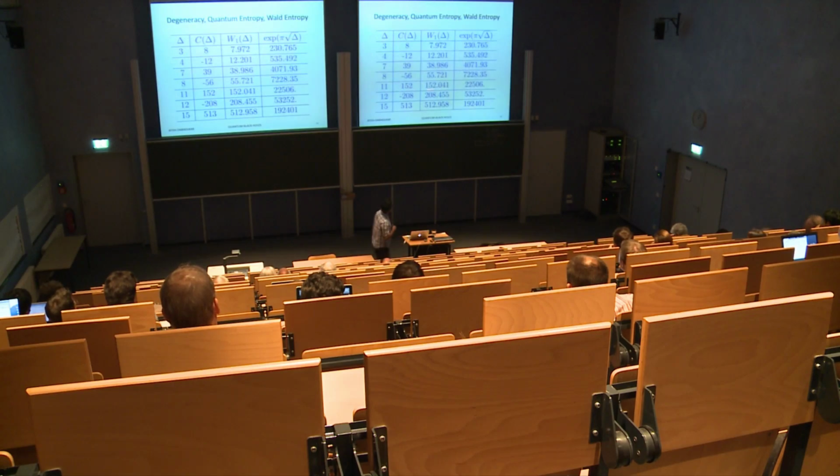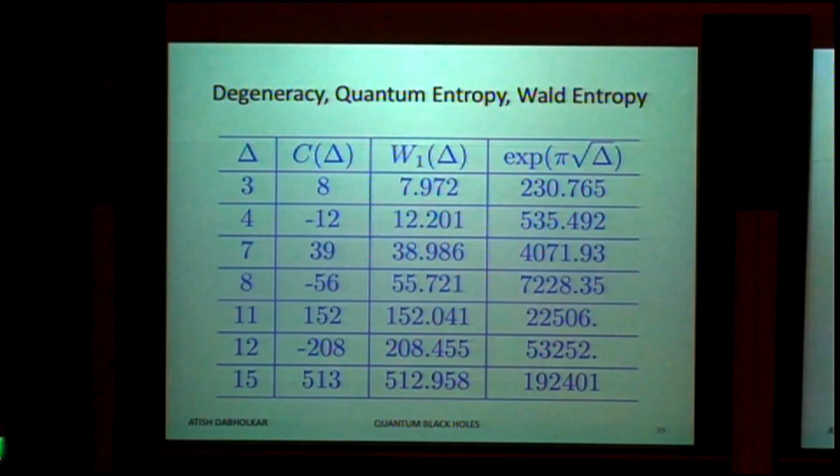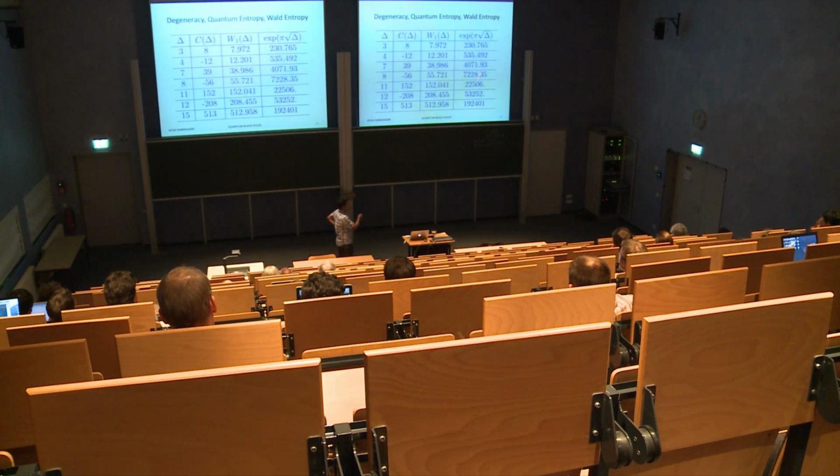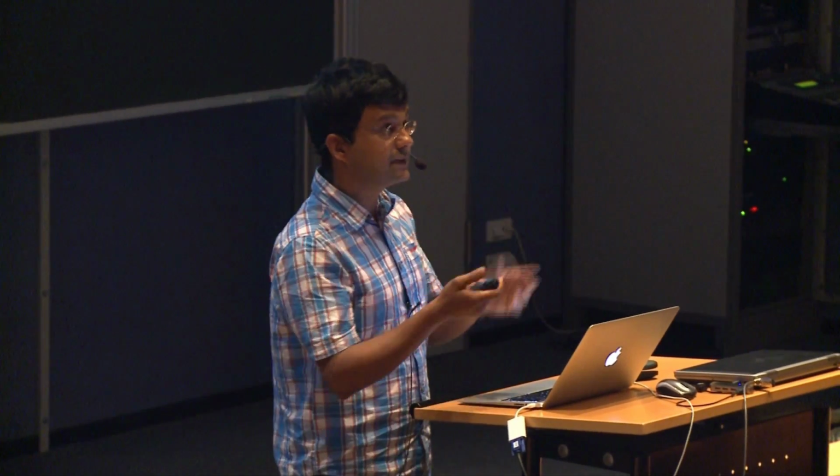And here is a comparison between the degeneracies that you get. So, the degeneracy d depends on only this integer delta, which depends on the charges. And here is the right hand side, 8 minus 12, 39 minus 36, and so on. And here is the left hand side, and you see that you get answers which are very close to the integers. Whereas if you had computed the exponential of the Bekenstein-Hawking entropy, you would be getting answers which are completely way off. So here you see very explicitly that the quantum corrections are really important if you really want to interpret this black hole as an ensemble of states.